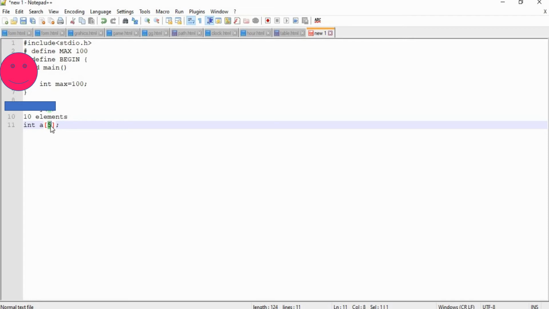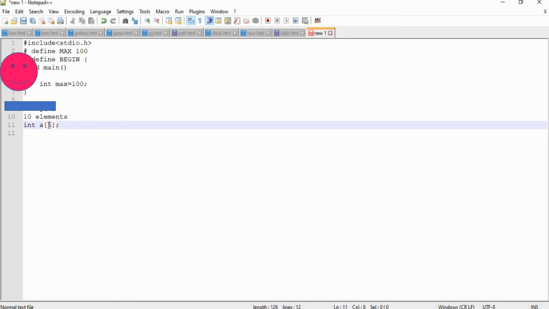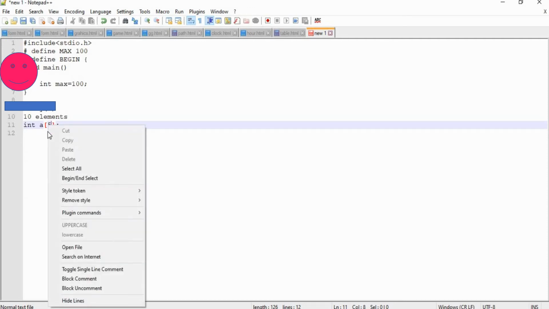This array can accommodate a maximum of 5 values, that is 0, 1, 2, 3 and 4, so totally 5 values. The starting index of an array is 0. So the question is, if we attempt to provide values beyond 5, what will happen?